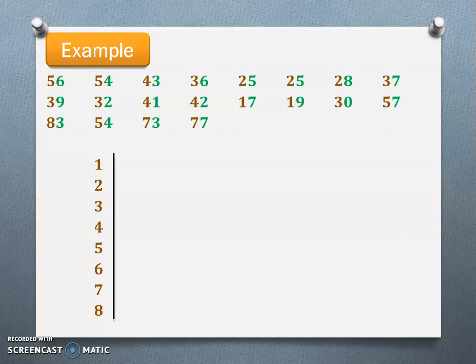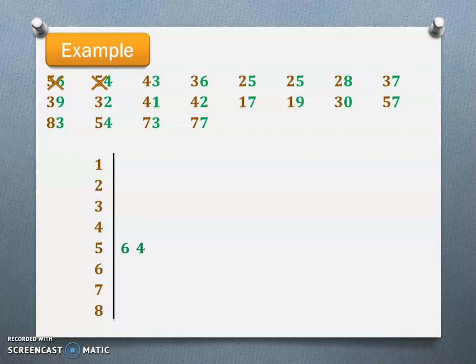Here the first element is 56. I will search for digit 5 in the stem and beside that I will write 6. Once the value is placed in the diagram, do not forget to cross it out from the data. My next number is 54. I will write 4 beside 6 because it is from the same interval, 50 to 59, and then cross out the number. I will follow the same procedure to put the remaining numbers.